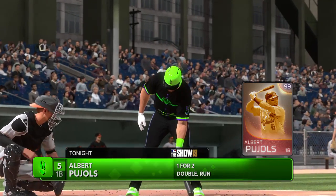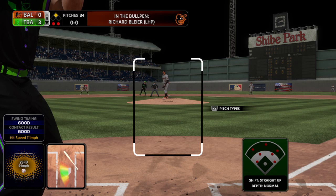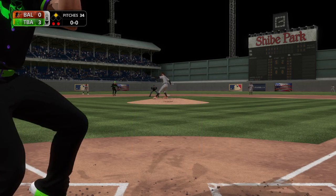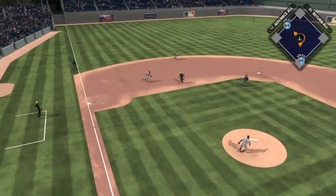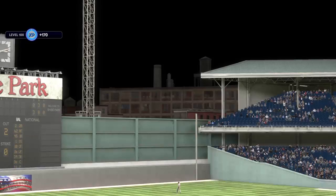Stepping in, Albert Pujols. 1 for 2 with a double on the ledger so far. First delivery to him on the way. Hit on the ground to third. Nunez is there, and nothing will come of the 2-out double as the...